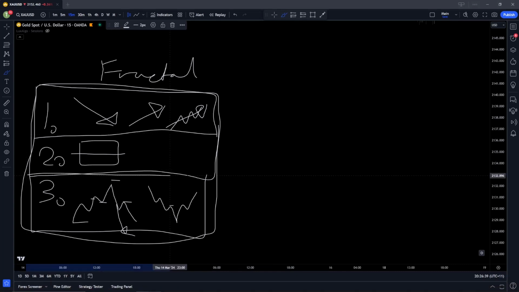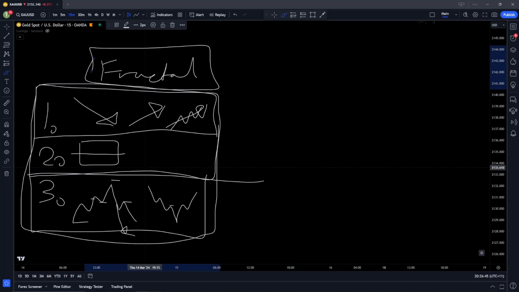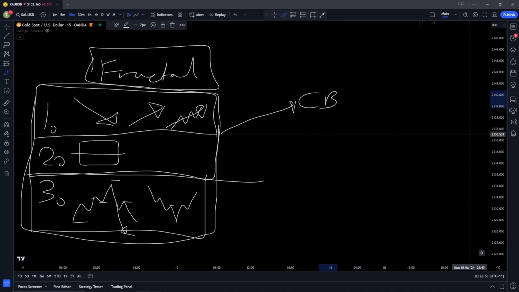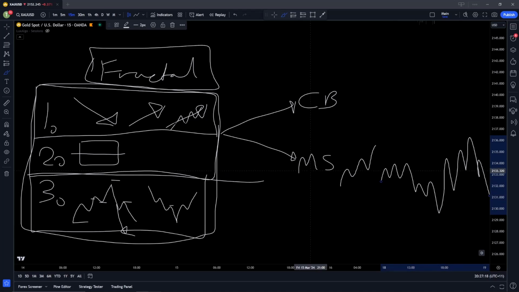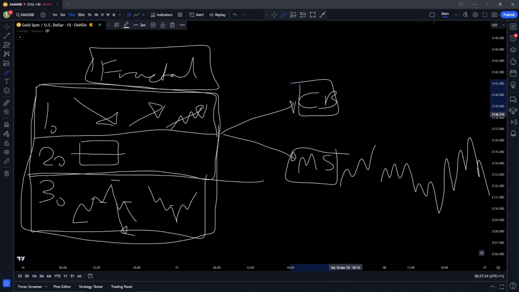So two main concepts I use. And keep in mind, this is all fractal. It all happens on every time frame at the same time. So it's a bit hard to keep that in mind. First thing I look at is candle behavior. How do candles form throughout the life cycle of a candle? It could be the daily, the hourly, or the minute. The second thing I look at is market structure. So higher highs, higher lows. If you're ranging, bearish, if you're pretty volatile, different conditions, and we can go over that as well. But these two things are what I look at.